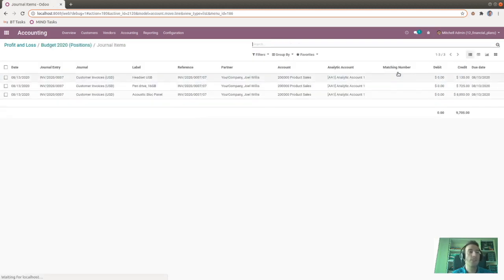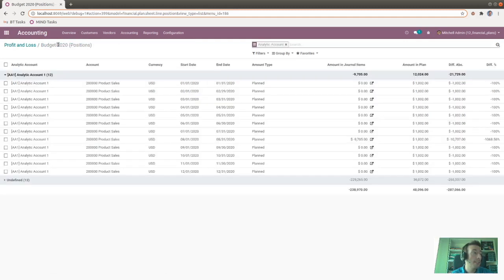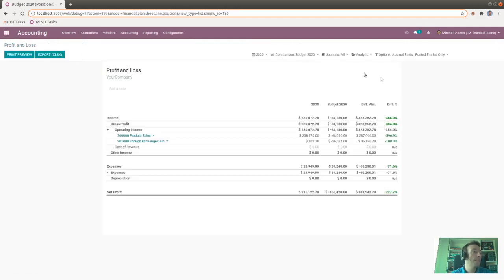Then you can check the journal items and see the reasoning behind, and get useful information so that in the future you can adjust your budget better. Okay, so these are the reporting options we have.